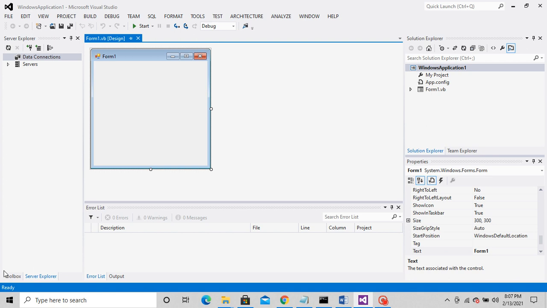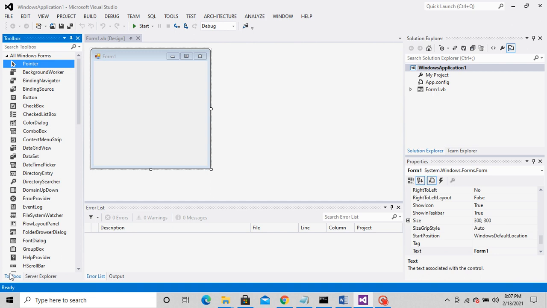Now, you can go to Toolbox here and design your form as per your requirements.